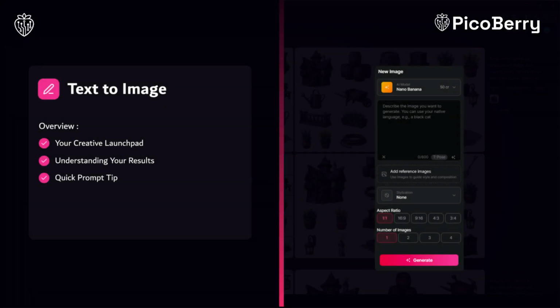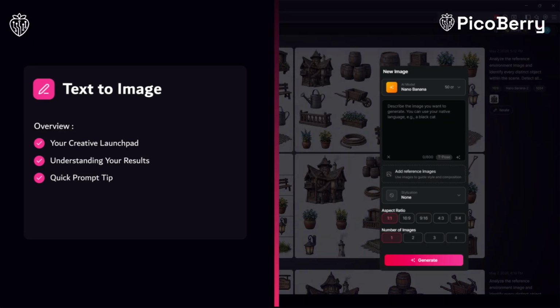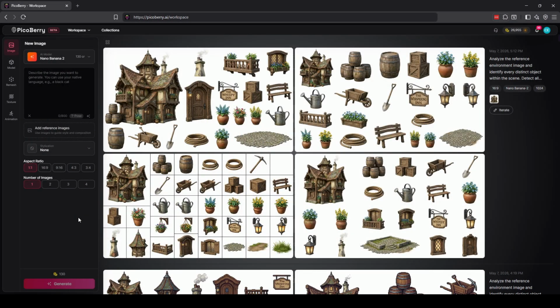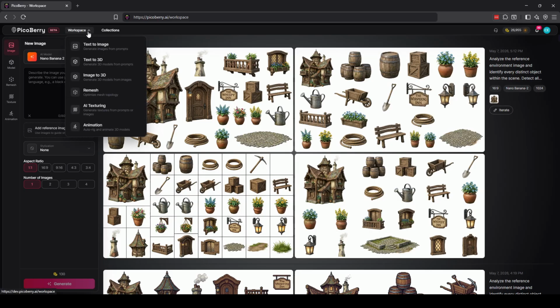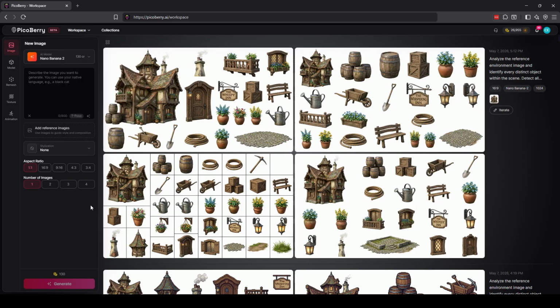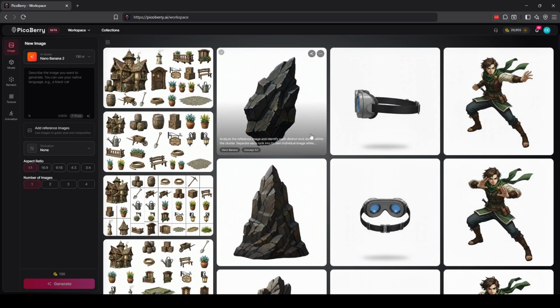Text-to-image workspace inside of PicoBerry. This is where it really begins. This space acts as your creative launchpad, letting you turn simple written prompts into fast, high-quality visual ideas. Whether you're exploring props, characters, environments, or stylized game assets, this is the place where you shape the early direction